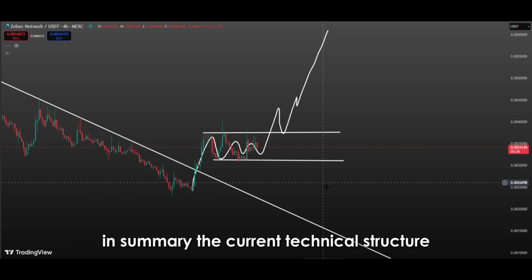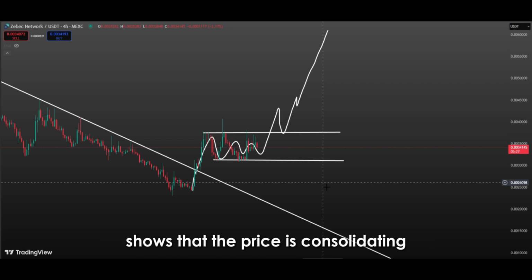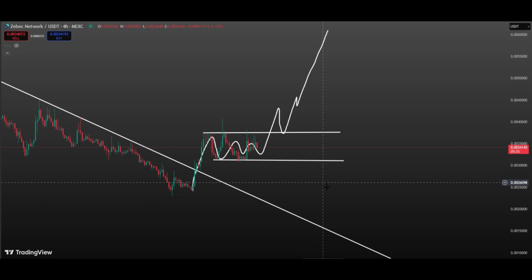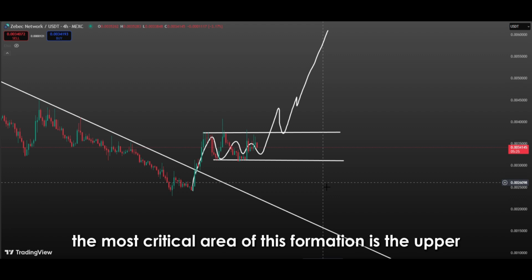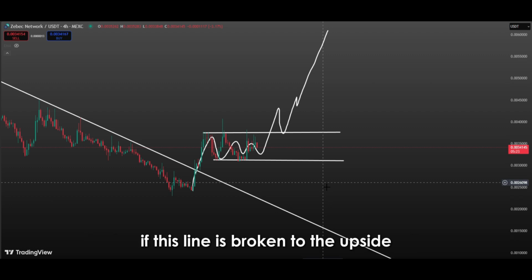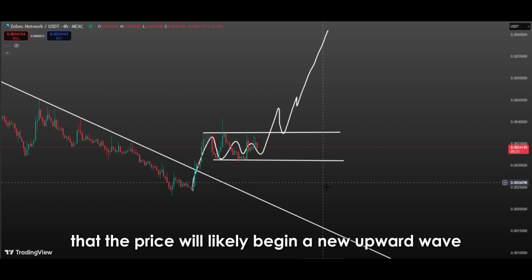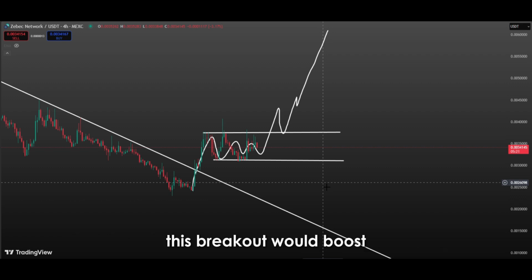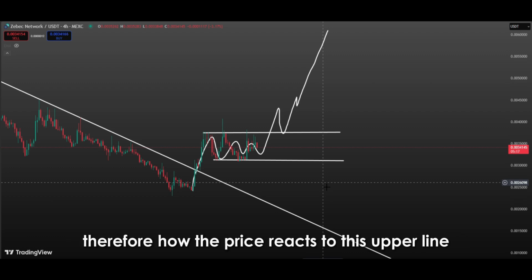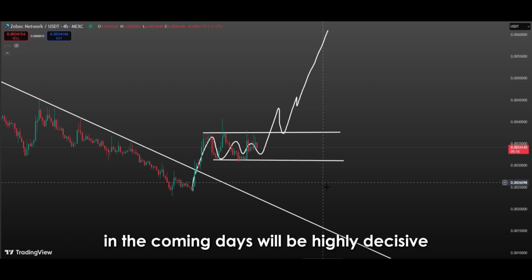In summary, the current technical structure shows that the price is consolidating within a flag pattern that formed after a strong upward move. The most critical area of this formation is the upper horizontal boundary, the top line of the pattern. If this line is broken to the upside, technical analysis suggests that the price will likely begin a new upward wave. This breakout would boost investor confidence in the uptrend, increase trading volume, and initiate a move towards the pattern's projected target level. Therefore, how the price reacts to this upper line in the coming days will be highly